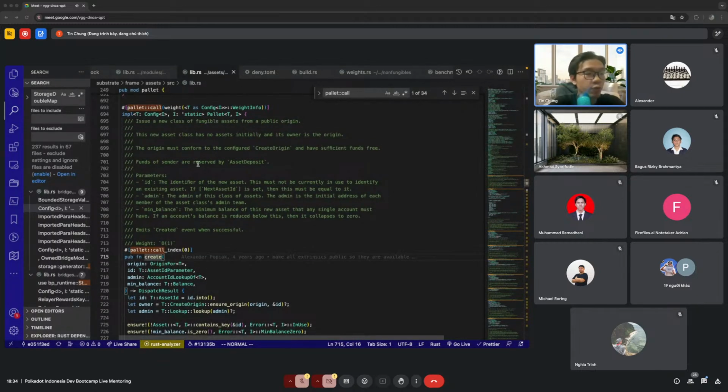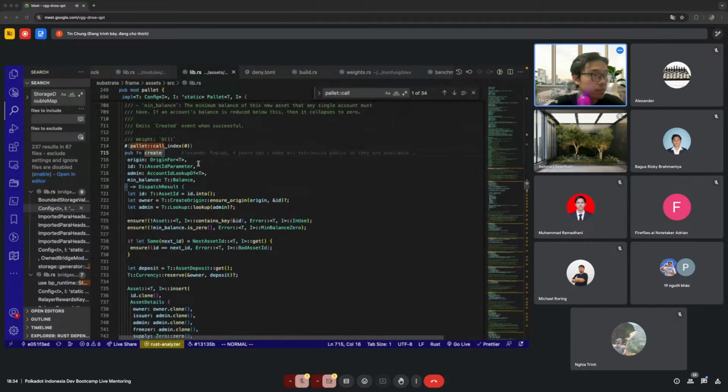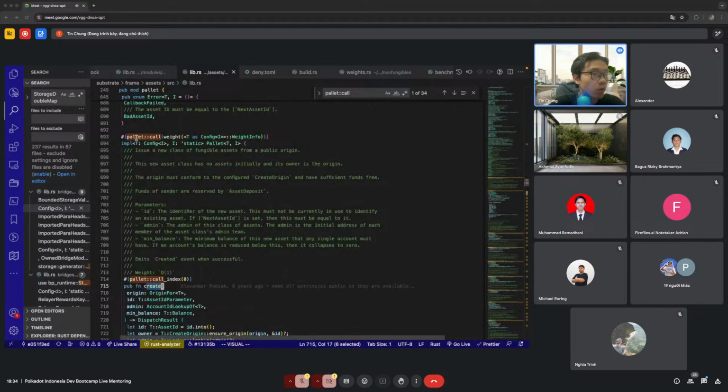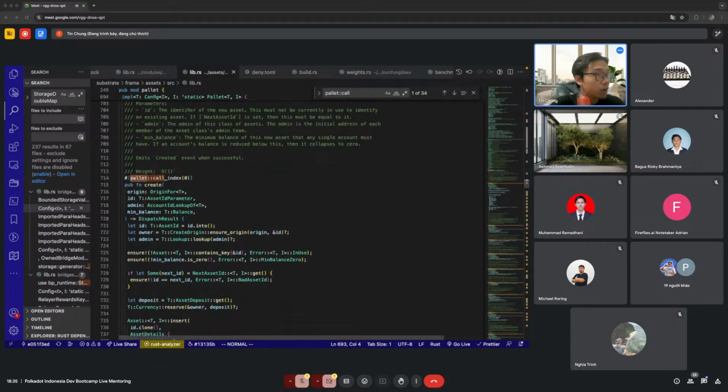This method basically creates a new asset, a new token. So this method is inside the pallet core. Every dispatchable function must be contained inside the pallet core, and this pallet core is the trait implementation, derived from the pallet core derivative macro.